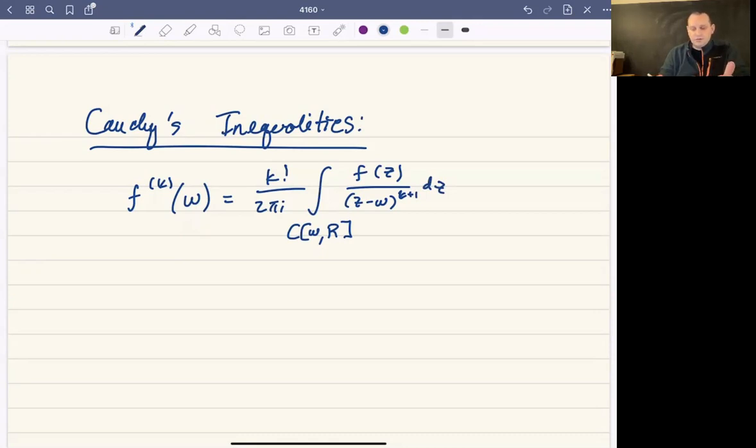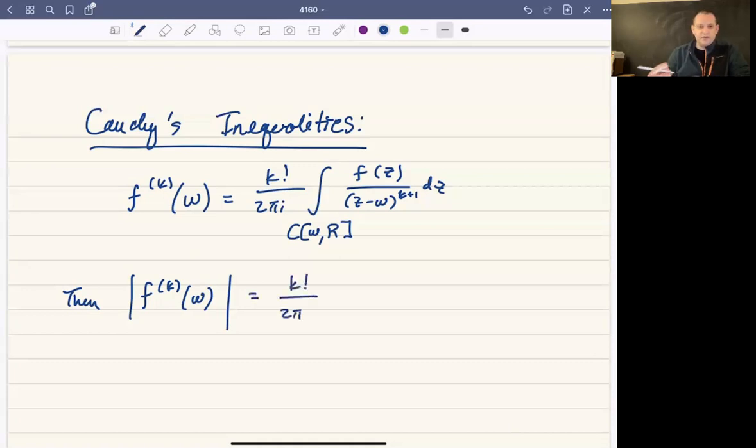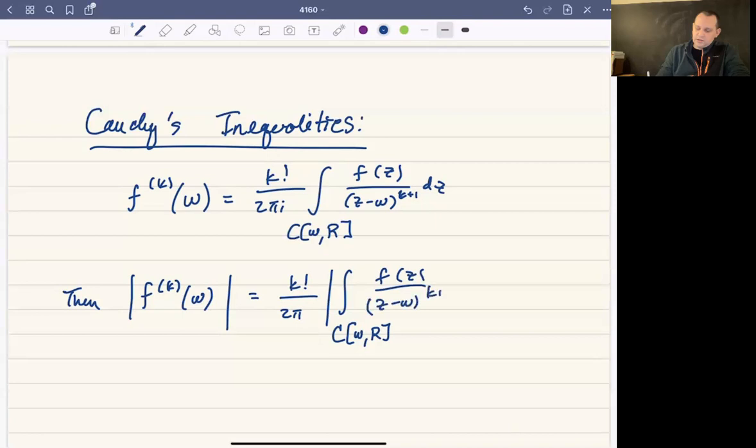Okay, so these are the kth derivatives of f. And in particular, if I look at the modulus of the kth derivative, we can apply the modulus theorem that we had before. So this is going to be equal to k factorial over 2 pi, because the modulus of i is 1. So the modulus of 2 pi i is just 2 pi, times the modulus of the integral over the circle, f of z over (z minus w) to the k plus 1